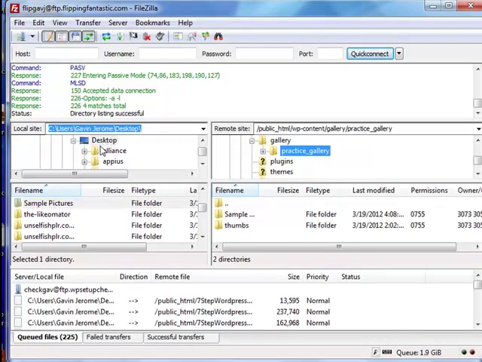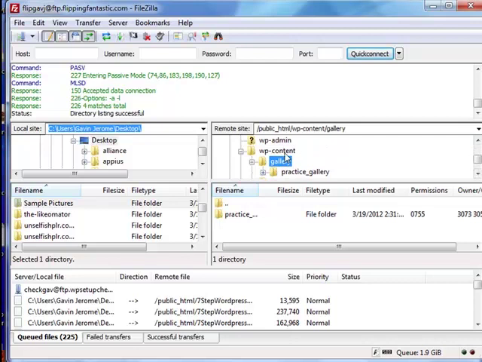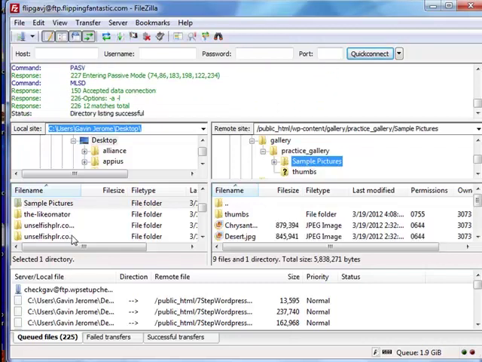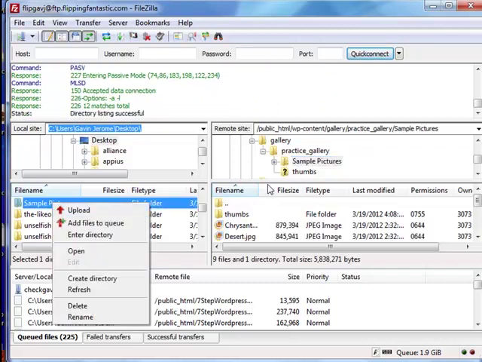First things first, we have to navigate to the desktop where I have my pictures in a folder called Sample Pictures. Now make sure you upload it to the right place. There is going to be a little folder here in WP content called Gallery. And so I've uploaded it into Practice Gallery, and then I just simply uploaded it. I usually right click and click upload. It'll take a few minutes and it will upload